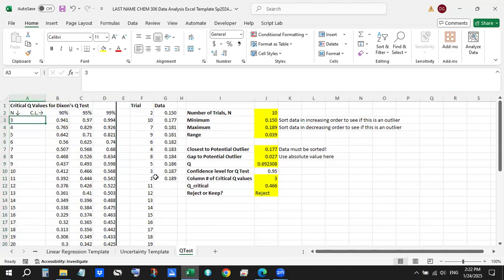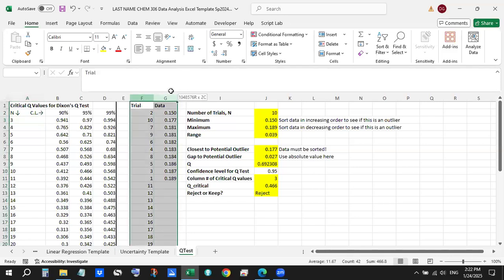Okay. And here in column F and G, this is where you actually enter your data. You put your trial number here and your data for each trial. Now, you'll notice here, this thing is already sorted from lowest to highest. You sort it from lowest to highest if you're trying to see if the lowest number can be thrown out